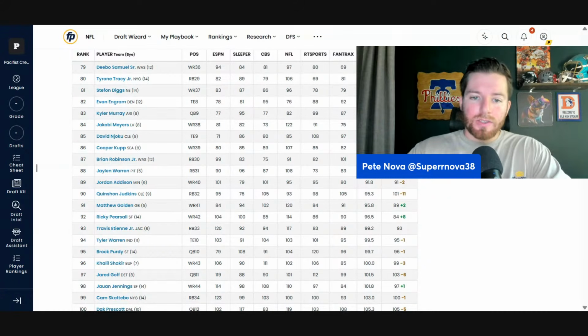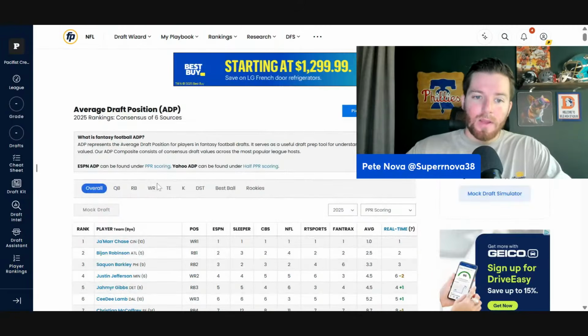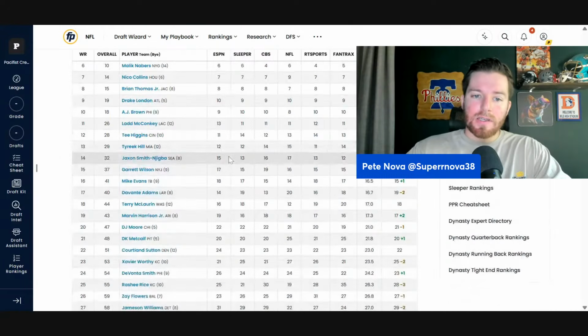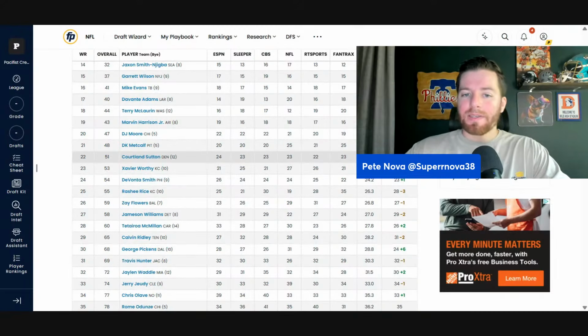So let's just go to the wide receiver position. And I think there's a lot of value at wide receiver this year. Let's take Tet McMillan, for example. And I've talked about Tet McMillan a ton this year. He does have a hamstring injury, so there's a possibility I bump him down in my rankings just a little bit, just because I don't know how long it's going to take him to come back to form. But Tet McMillan,